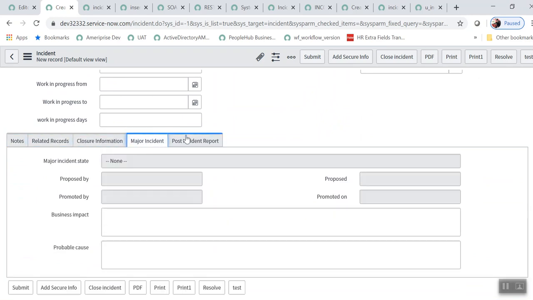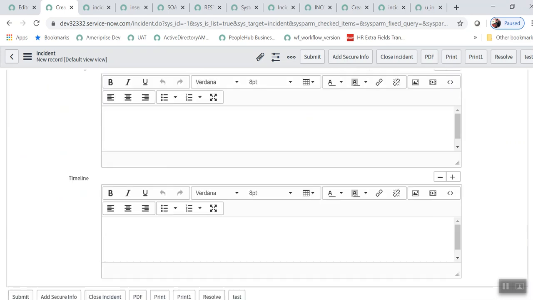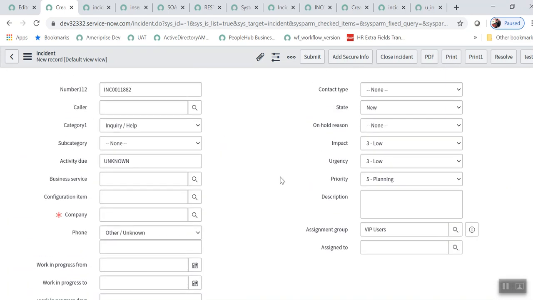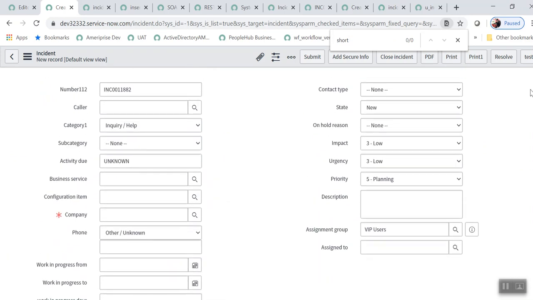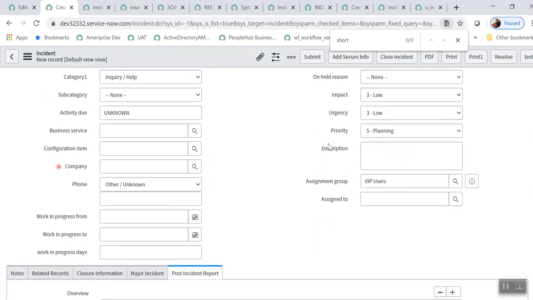Where is the short description field? Let me search short description. I don't have short description. Let me take some other field, let me take description.